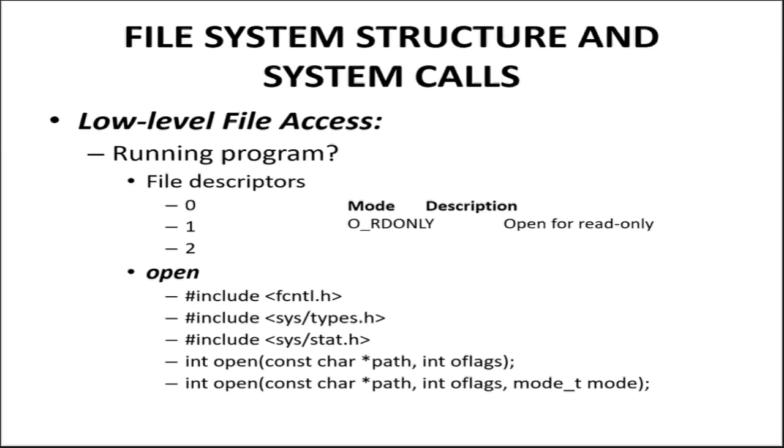One is O_RDONLY, that is open for read only. Similarly, I have one more mode called open for write only. Then another mode for open for read and write. So these are the three different modes which are mandatory file access modes that we need to specify. The call may also include a combination using a bitwise OR of the following optional modes in the O_flags